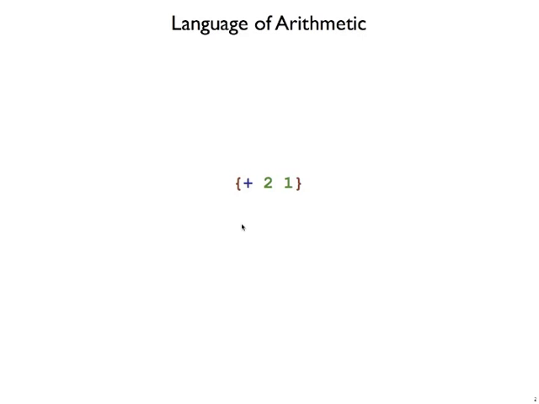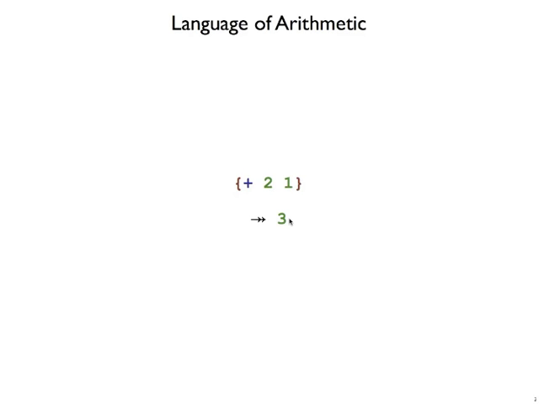For our first interpreter, we'll evaluate a little expression of arithmetic. So our language will have prefix notation, like Racket, but I will use curly braces to remind you that we're talking about a language for which we're writing an interpreter, not the language PLAI typed that we're using to implement this interpreter. In our language of arithmetic, we'll have plus expressions, and the evaluation of this is of course intended